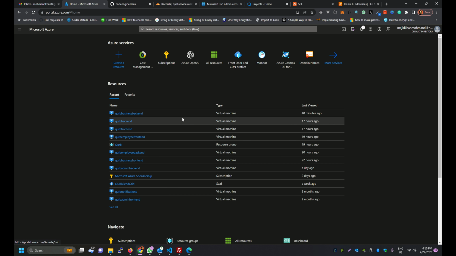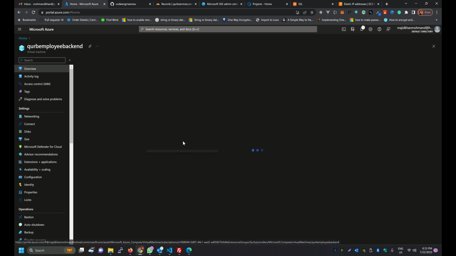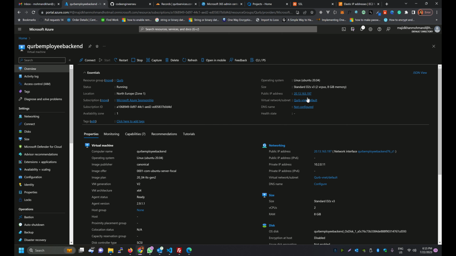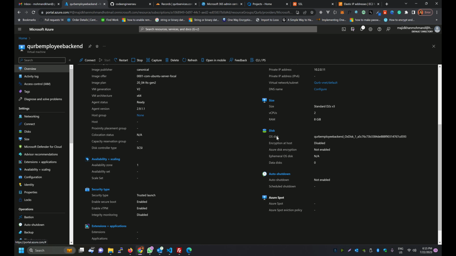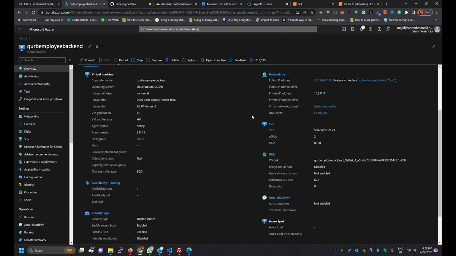I can go and show you already created resources. So for this demo purpose, I'll show this one, Core Employee Backend. This one is already running with me. It has an IP address, it has a disk, it has some CPU and everything. And then when you have clicked the create button,